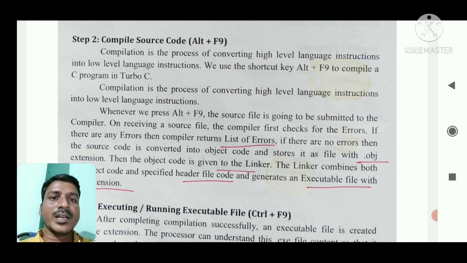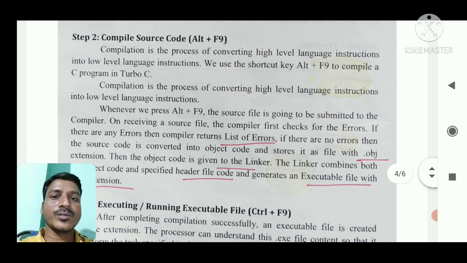So whenever we start the compilation process in C programming, the source file is submitted to the compiler. We use the shortcut key Alt plus F9. The first step is the compiler checks for errors. Then there are two possibilities.